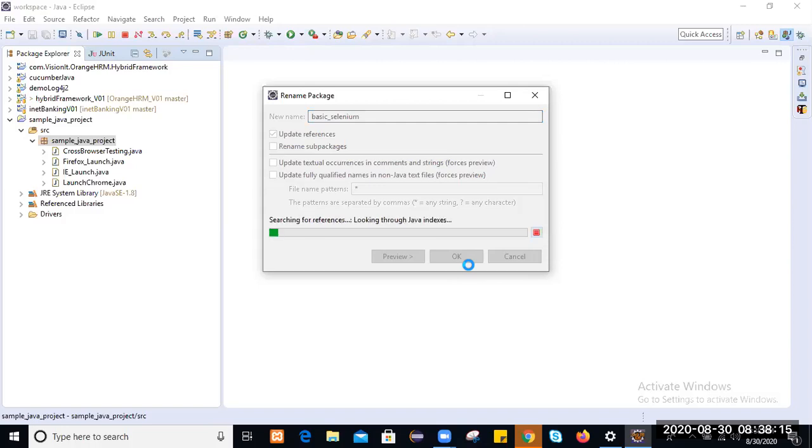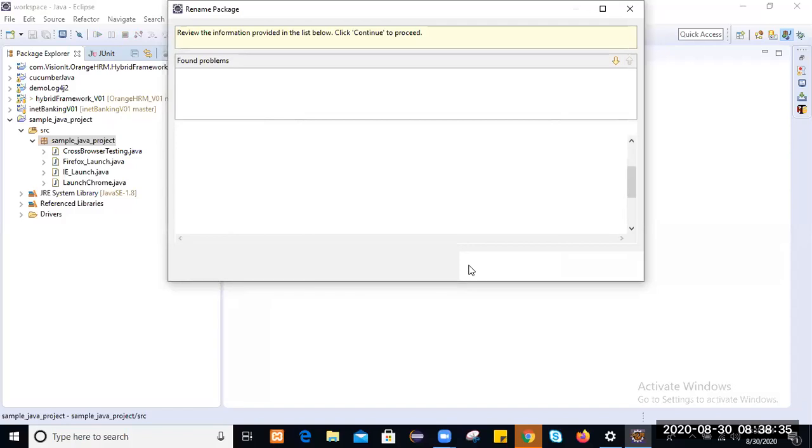WebDriver is an interface. As we know, every interface has only abstract methods, or incomplete methods, and every interface should have some implementation class. Similarly here, Selenium WebDriver has implementation classes.